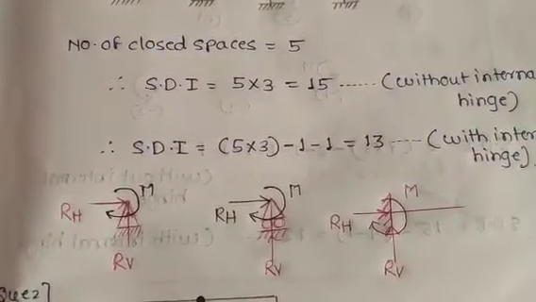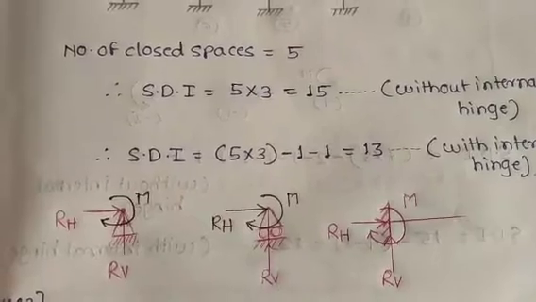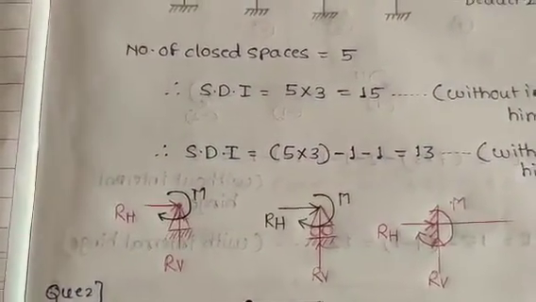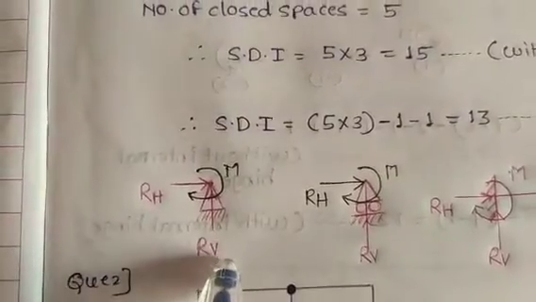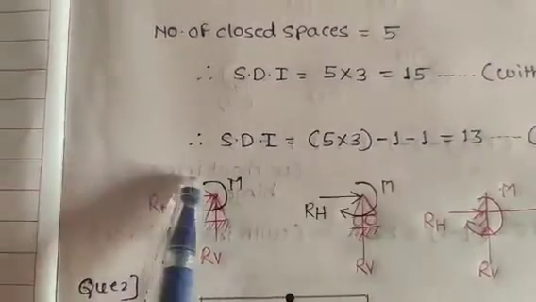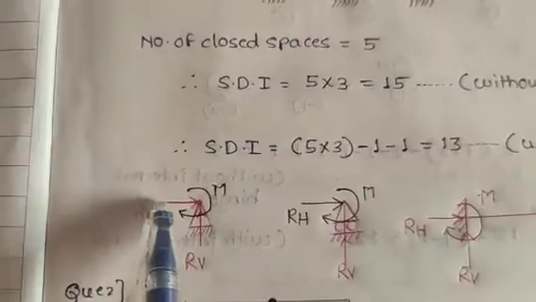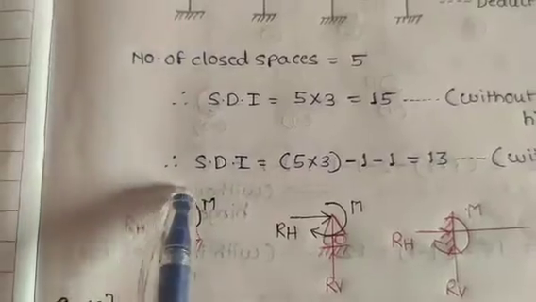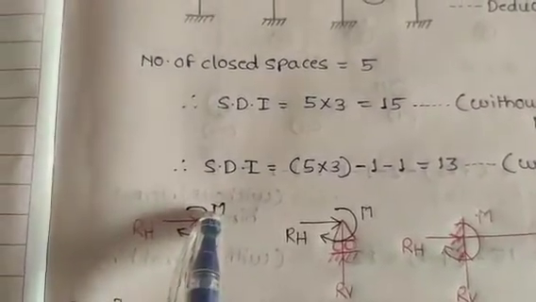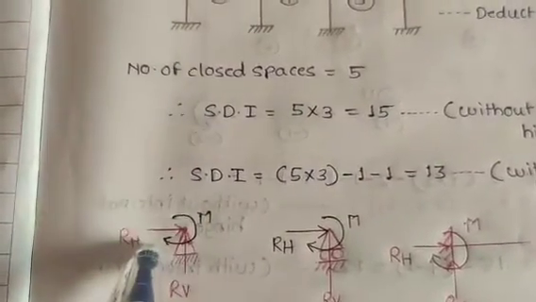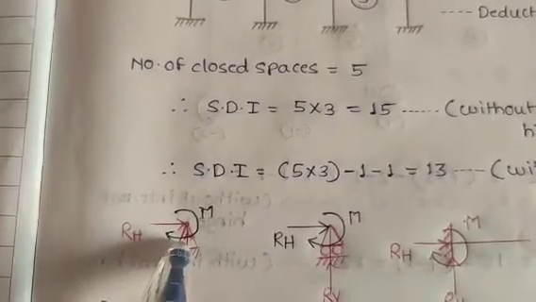These 3 diagrams show the number of releases and the number of resistances or restrictions in a particular direction. First we are considering the hinge support. For this hinge support there are 2 reactions, one is the vertical reaction and the second one is the horizontal reaction. Means you can rotate this hinge. So the number of releases available for this hinge support is equal to 1, and that is nothing but the movement. Hence for hinge there is 1 release. Hence we are deducting 1